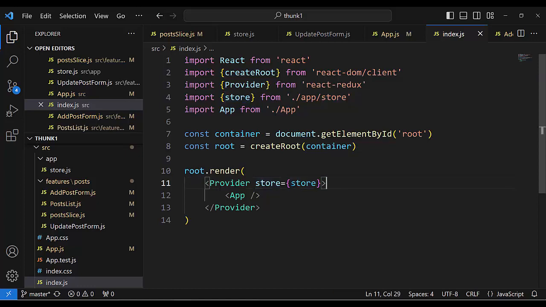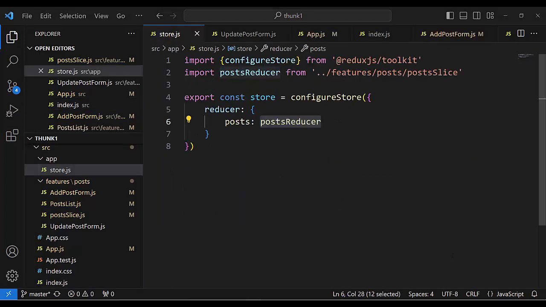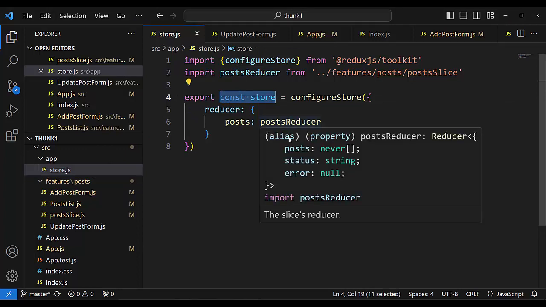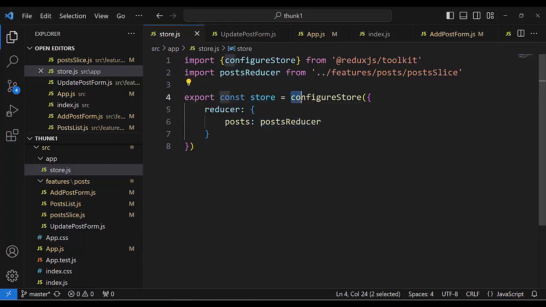How do we connect the store with the post slice? This is the store.js configuration file. Here is the declaration of the store variable, the Redux store, equal to configureStore. And in its parameter we have an object reducer with only one reducer, posts equal postsReducer. This posts reducer is the post slice, and it means processing this